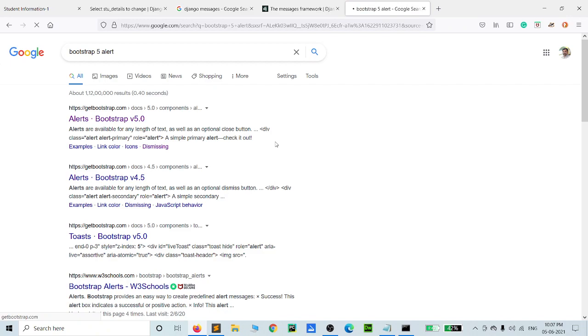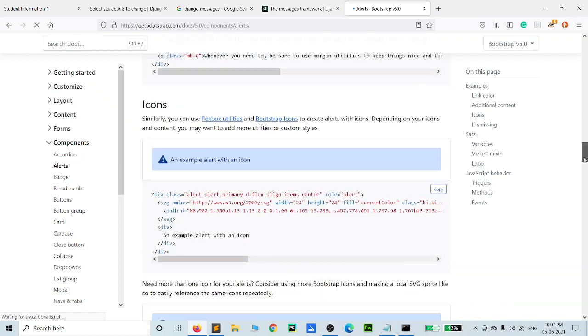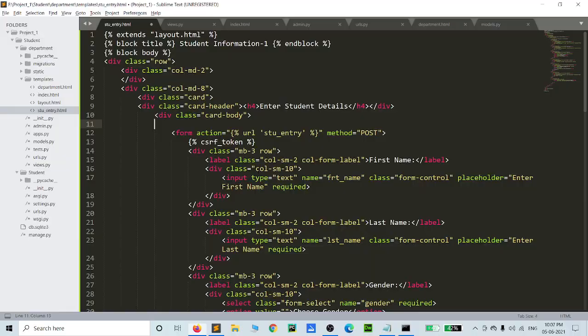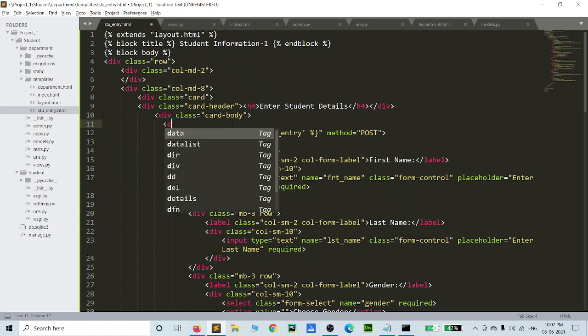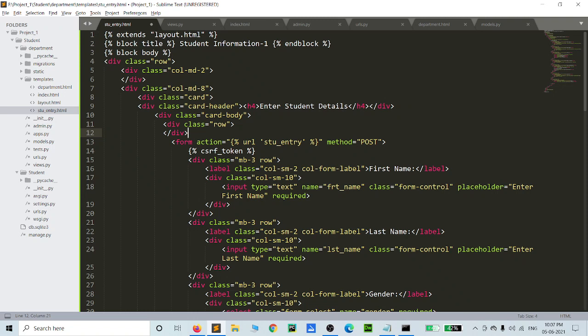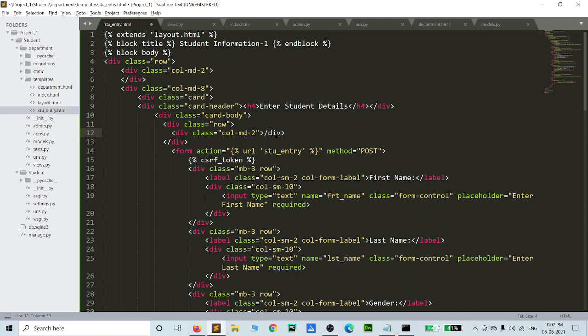Bootstrap alert. So we want to close this variable. Yeah, and copy it here. We can, inside the body section, create another row section. The same thing. Then the same messages will be followed here because we have created 3 columns. One column is 2, another column is 8. So now copy here and paste.